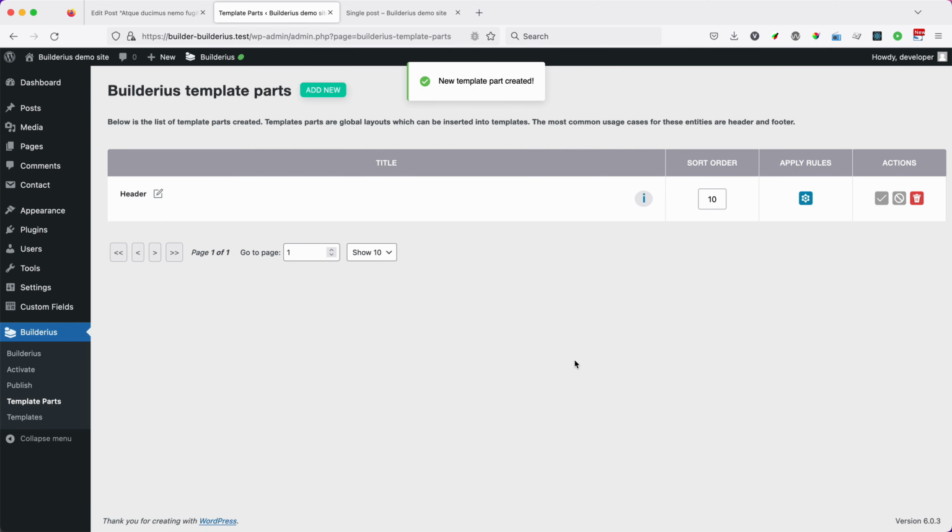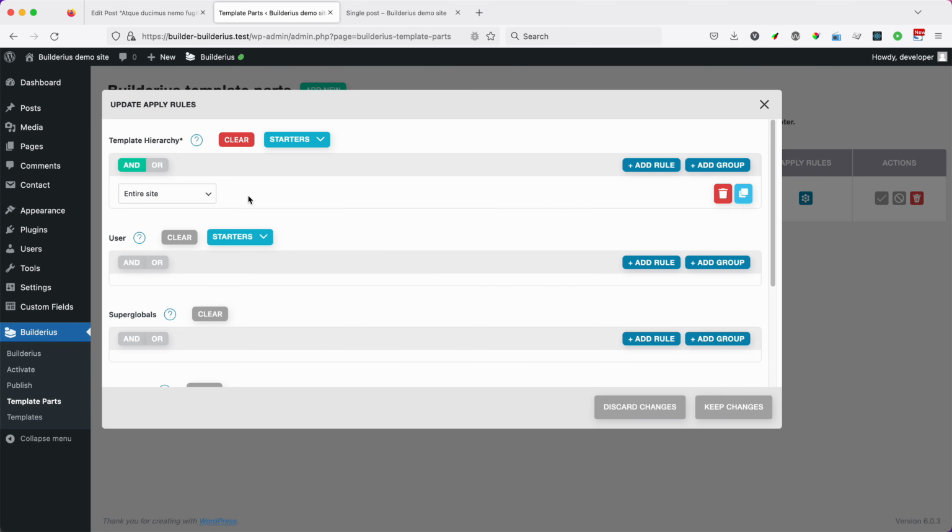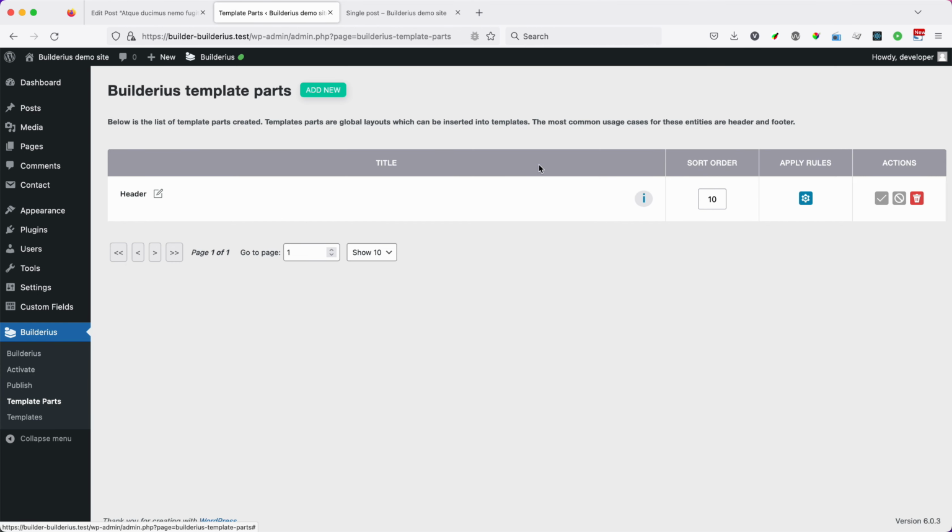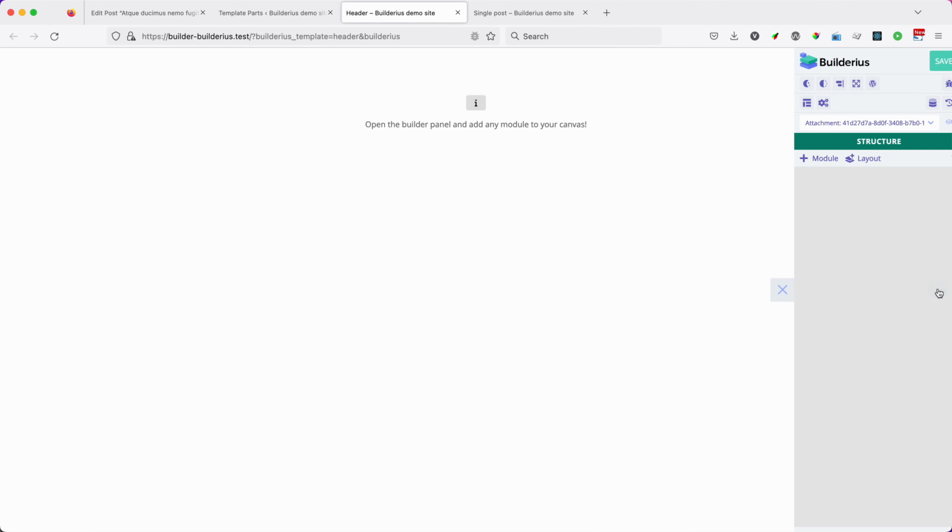Then I click on create template part, and now I have this template part here. It also has a sort order, and I can change my apply rules anytime. So now I go to the builder mode of the header template part, and here we go. This is the builder mode of the header. It also has a builder panel, all the same as for the template. It also has